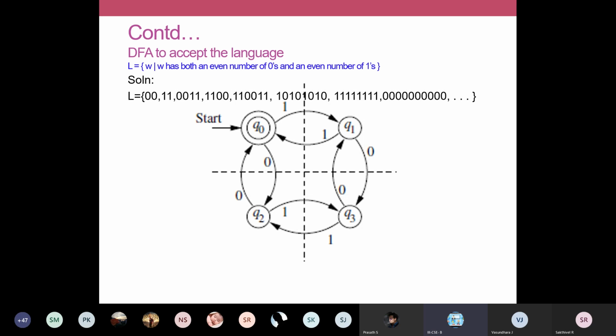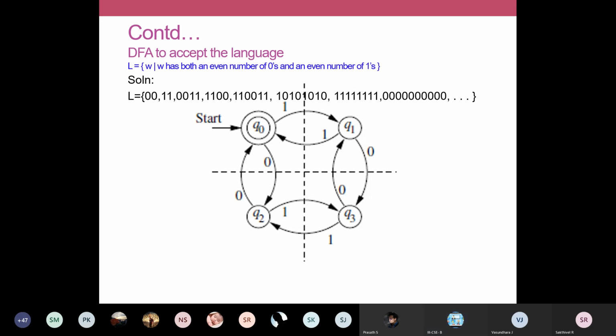And similarly, Q3. To identify what this Q3 is, we already wrote the statement. Q3 is for odd number of zeros and odd number of ones. You should always start from Q0. From Q0, you imagine or traverse the edges. In Q0, on reading a 1, I go to Q1. On reading a 0, I go to Q3. So now what is the string you have read? It is 1, 0. From Q0, on reading a 1 followed by a 0, you have reached Q3. It means that it is for odd number of ones and odd number of zeros. We are using this state Q3.